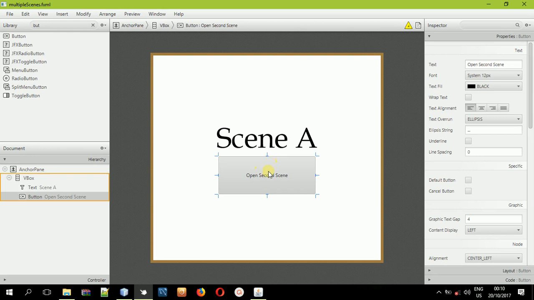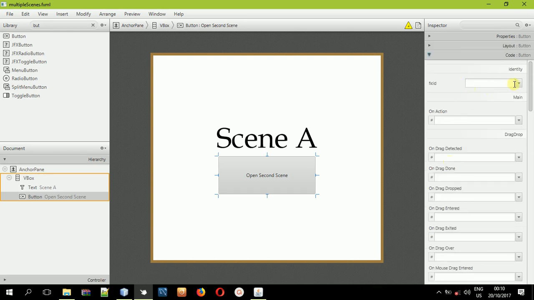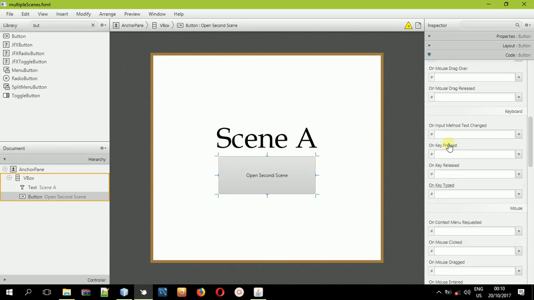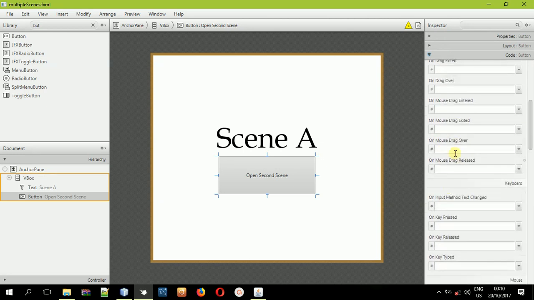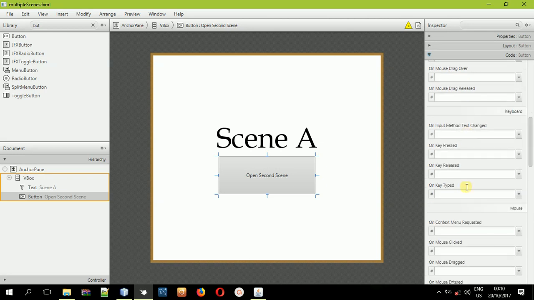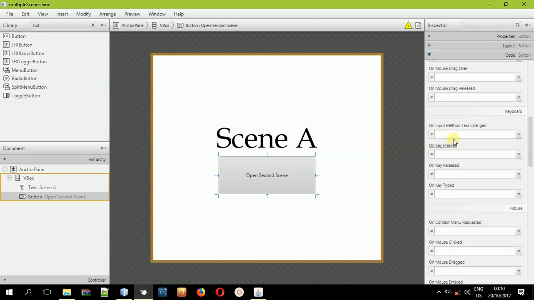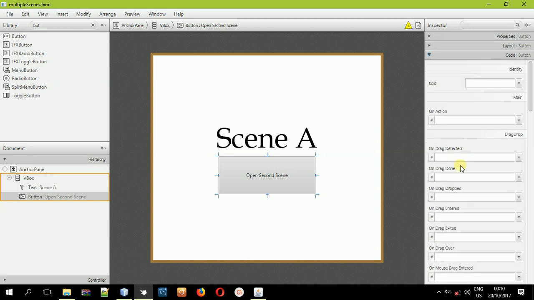So we will now come to the code here, and then inside this code area on the right hand side here, we will give it a method in the on action events. Remember, in Java, there are event types that occur. These are some of the event types, and Scene Builder makes it easier for you to identify what type of event you want. Do you want an on mouse moved, on mouse exited, on mouse entered? I have done a tutorial about these events in some other tutorials. So let us now give an on action event